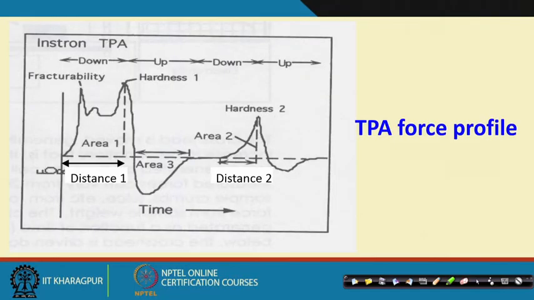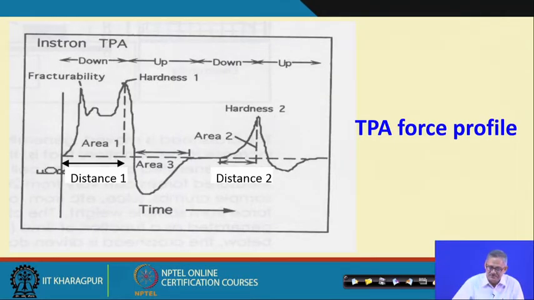That information automatically goes to a computer, and in that computer nowadays there are also software available which will analyze that data and give you the result in terms of your texture analysis, in terms of texture profile analysis, right. And typically a curve looks like that. The texture profile analyzer curve looks typically like this, right.